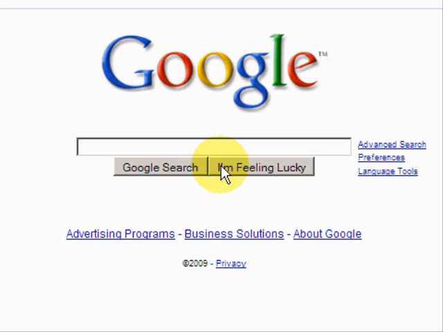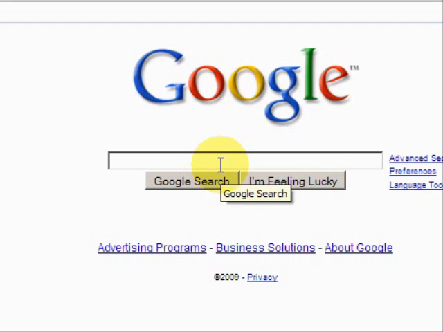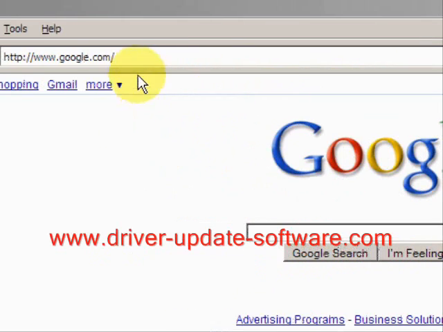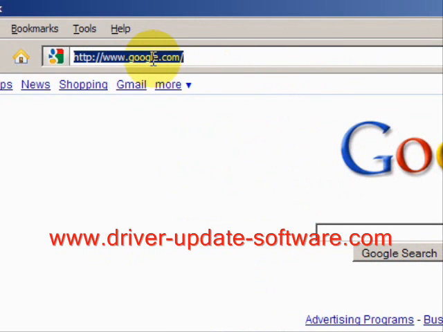So, for folks who are lazy like me and want a simple solution, there's what is called driver update software. It basically performs a full scan of your machine and updates your drivers with a click of the mouse. The whole process will just take a couple minutes. So what we'll do here is go to the website